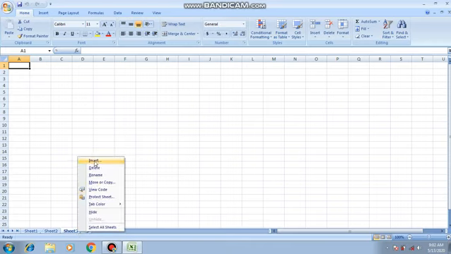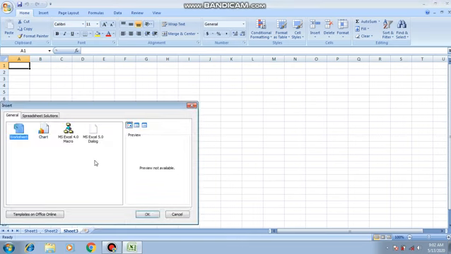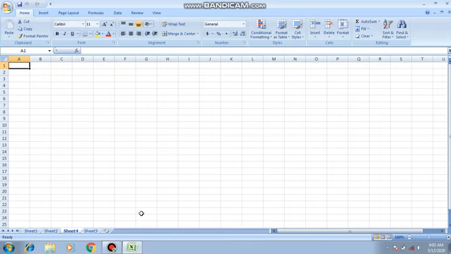Here is the option for inserting. Click on the insert button. This is the insert dialog box. This dialog box will appear when you click on it. So click on the OK button. Your new worksheet will be added just before the selected worksheet. Another way to insert a new tab is this button. When you click on this insert button, you can insert a new sheet tab, or you can press Shift plus F11. This is another way to insert a new sheet tab.